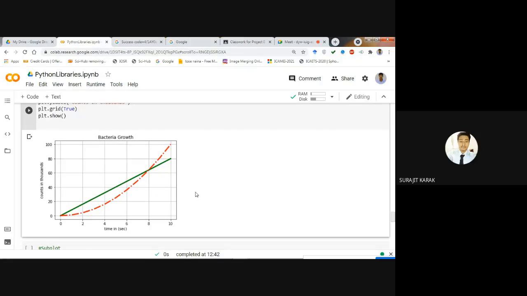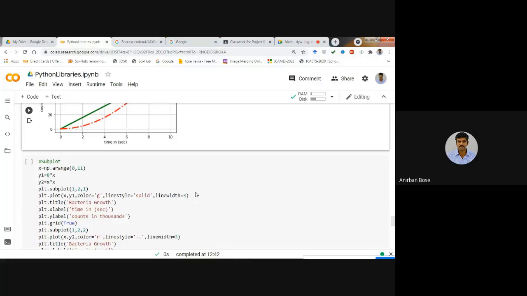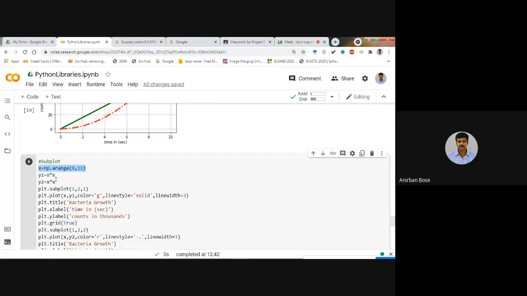Yes, sir. Okay. Now, this is again another very important thing, that is to make the subplot. Okay. Suppose you defined x and y. Suppose as before, x is within range 0, 11, y1, y2.